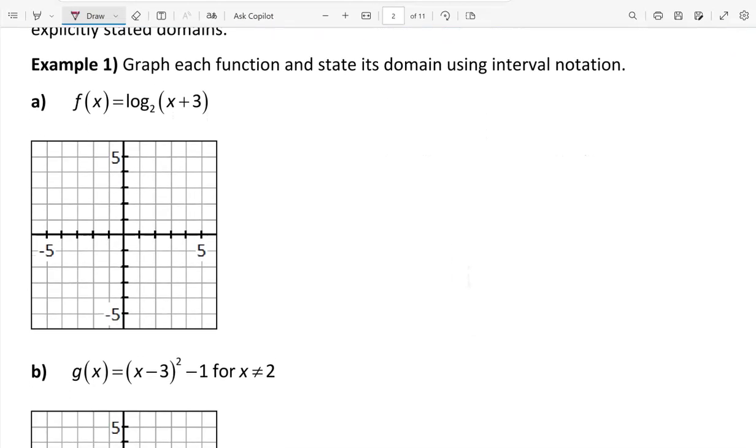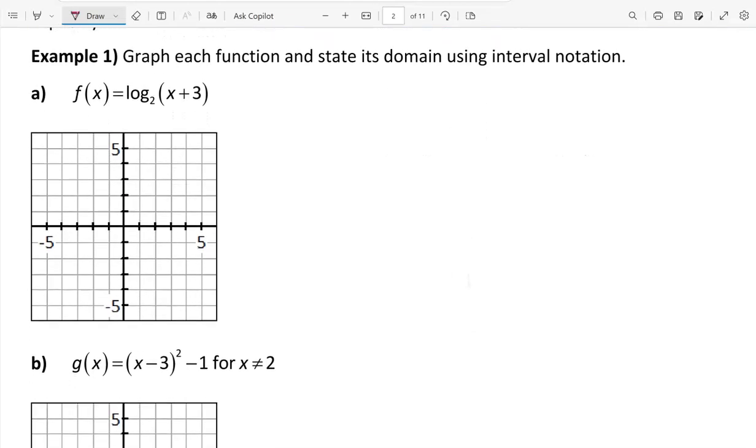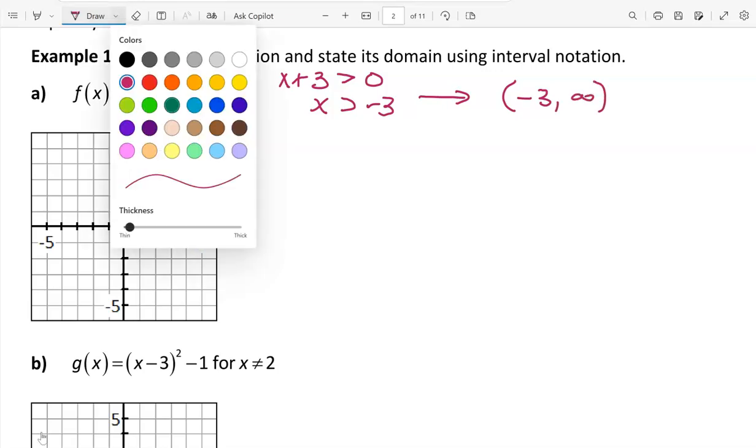So in example 1, we're going to graph each function and then state its domain using interval notation. What we know about a logarithm is that the argument of a logarithm must be positive. So for this logarithm, the argument x plus 3 has to be greater than 0, which means that x has to be greater than negative 3. So if we give that in interval notation, that's the interval from negative 3 to positive infinity,